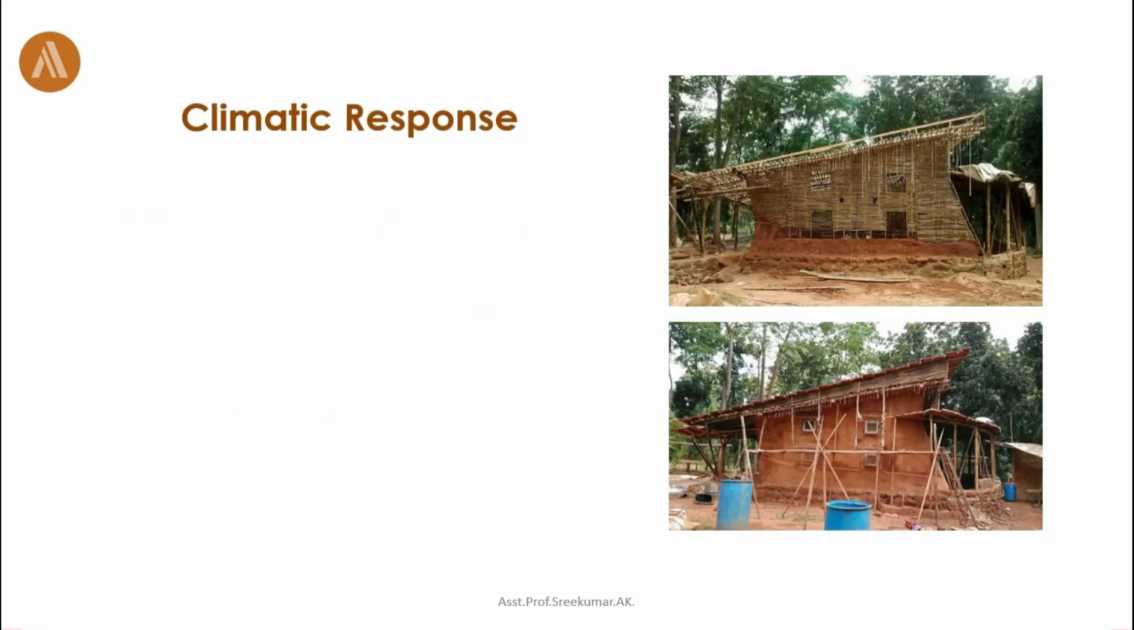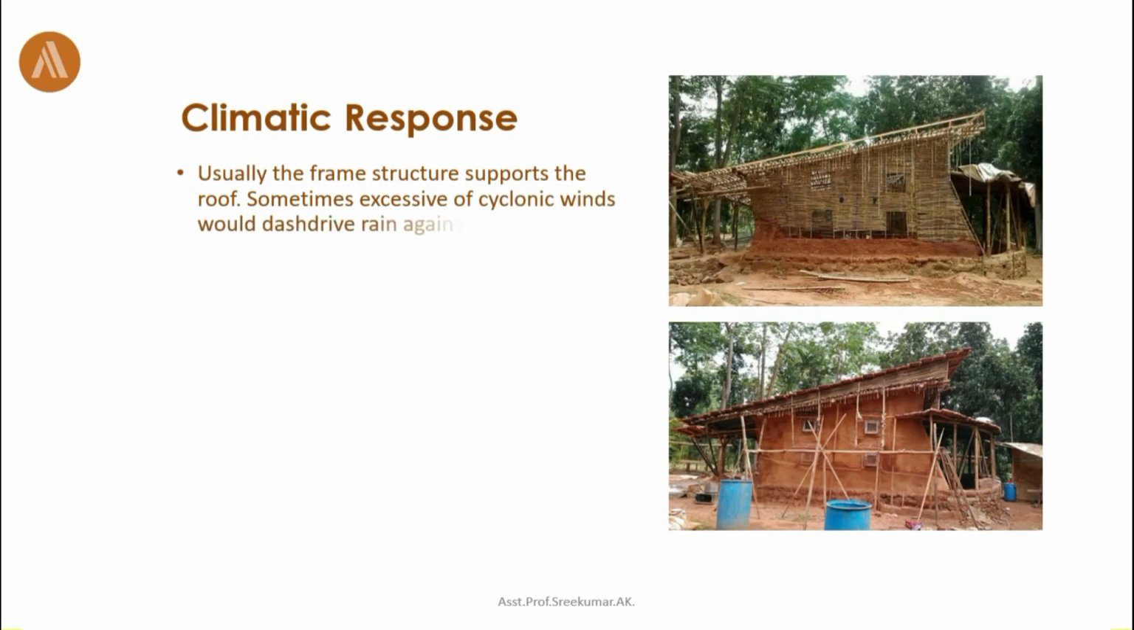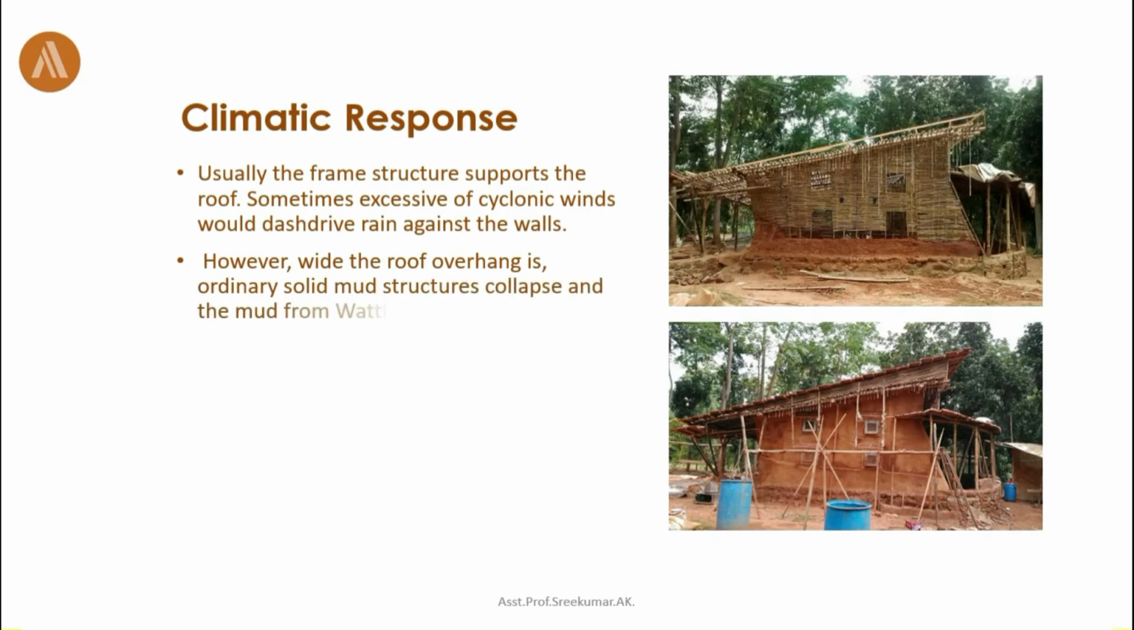Now let's look at the climatic response of wattle and daub. Usually, the frame structure supports the roof. Sometimes, excessive cyclonic winds would dash driving rain against the walls. However wide the roof overhang is, ordinary solid mud structures collapse and the mud from wattle and daub structures gets washed off. However, the structure itself